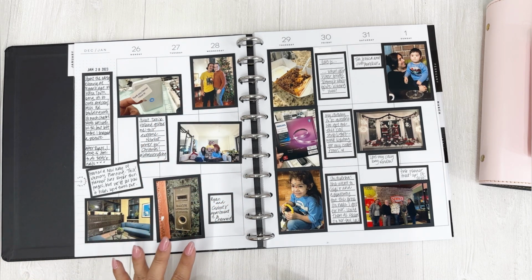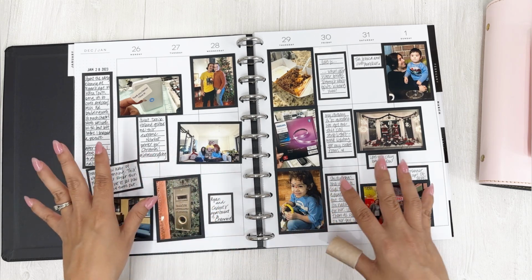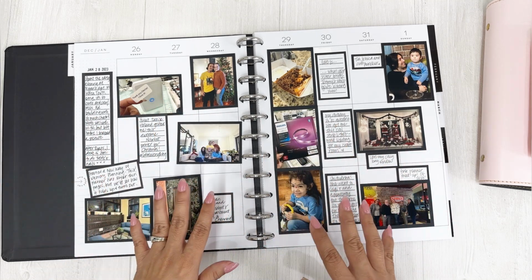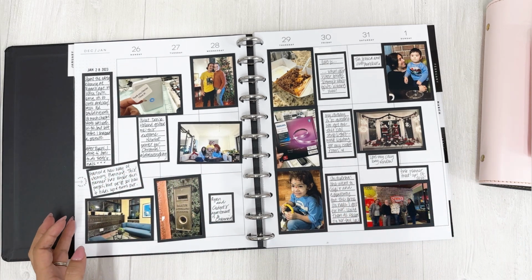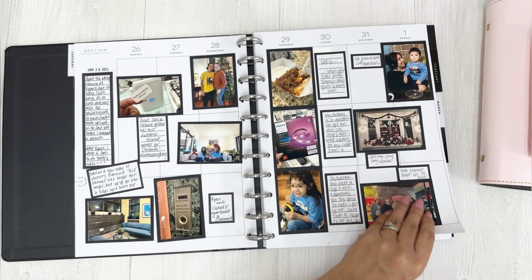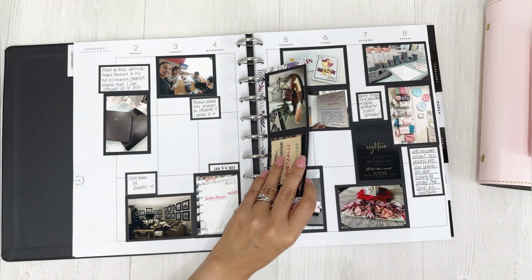So basically, I wanted to just put my photos in here, and the photos are for this week, but not necessarily placed on the specific day. So I'm kind of giving myself that grace. So I'll just kind of flip through here. Now on this particular week, I have a little